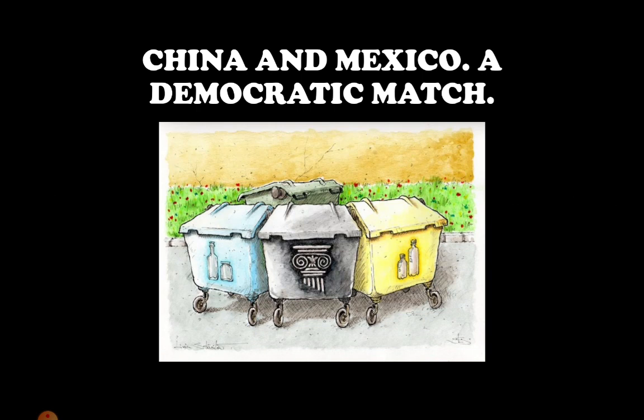This cartoon shows how we should dispose of garbage like plastic bottles and glass bottles. Similarly, we should dispose of monarchy and institutional reforms that are persisting in this world. Here, China and Mexico were both non-democratic. But how the governments of China and Mexico were different from each other is an important question. So we will be discussing them now.